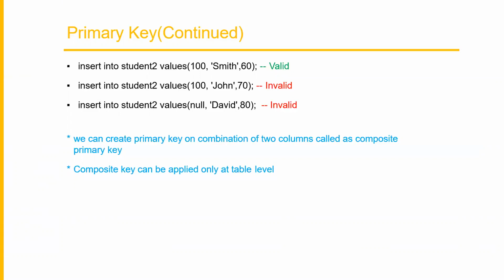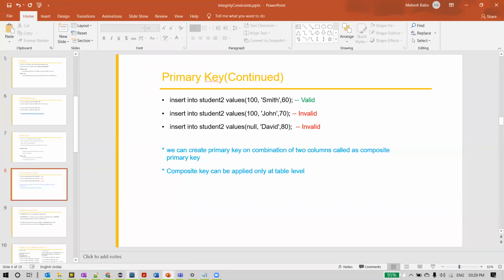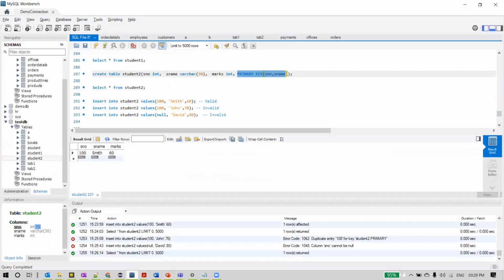Again, an important interview question: what's a primary key and what's a composite primary key? What's the difference between them? And a composite primary key can only be applied at the table level. Just now we have seen that, right? This can only be applied at the table level. At the column level, it can't be applied. Like if you say primary key here at S number integer, and again if you say S name primary key, that is not allowed, as we can't have a primary key defined on more than one column. But we can have the combination of columns and define the primary key on it.